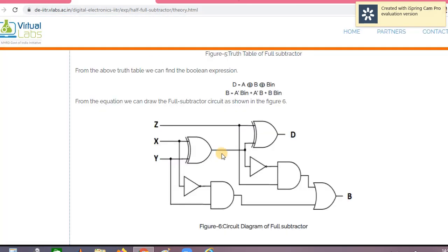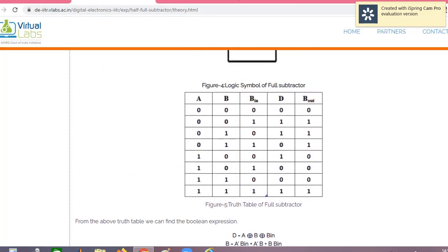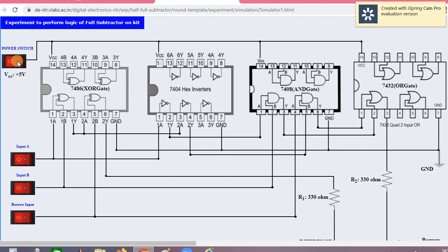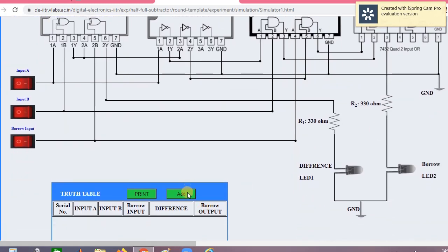Then see the table of the full subtractor, all are 0, 0, 0. The difference and borrow LEDs should be off. See now this one is on. First you can press here, see now it is on. Okay, A0 B0 C0, see the condition A0 B0 C0, add it. Now see input A0 B0, so the difference is 0 and borrow is 0. These are the three inputs, all 0, and we see both LEDs will be off.